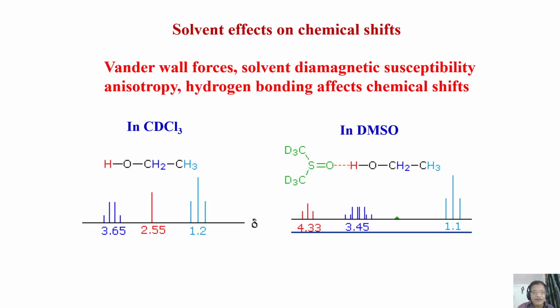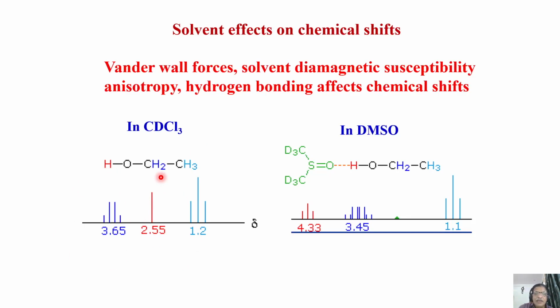Sometimes it appears different. You may be wondering why, what is happening. These solvents sometimes influence your molecule. The solvent effect is there on the chemical shifts. Okay. What happened? Look at this molecule, CH3CH2OH, the famous ethanol molecule. Now, if I take this in chloroform, very clearly I am going to get a peak for the ethyl CH3 group, a peak for the CH2 group, and a peak for the OH group. No doubt about it. Very clear.